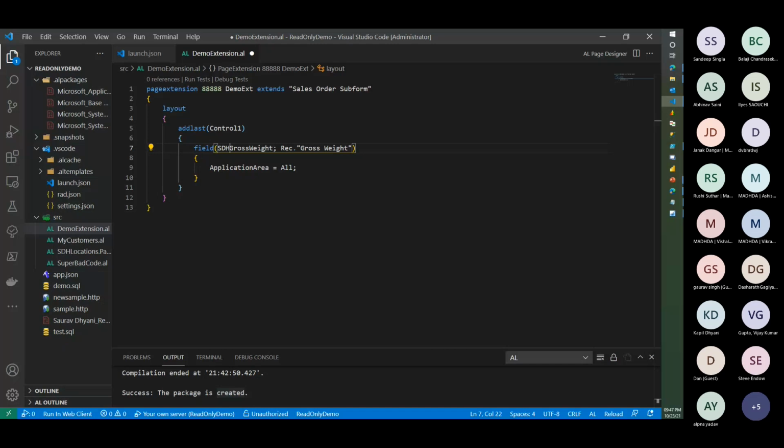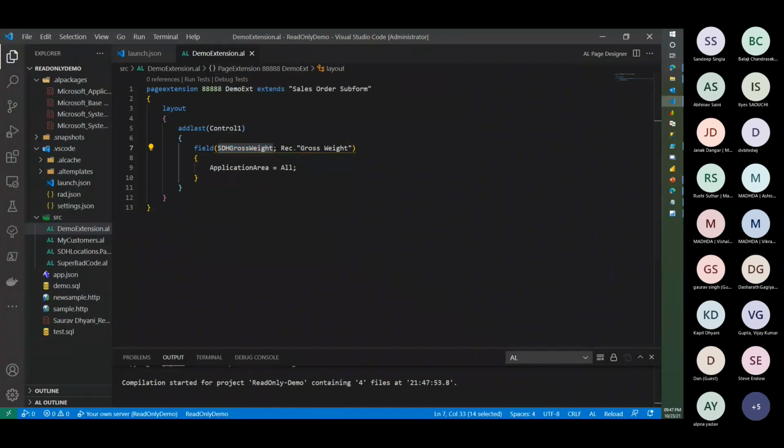And if you're already using it, I know for a fact that some people don't use it while building a page extension or while adding a field into a report extension. Start using it on the name parameter, because if this would have been the name of this field, and if I would have built it like this,